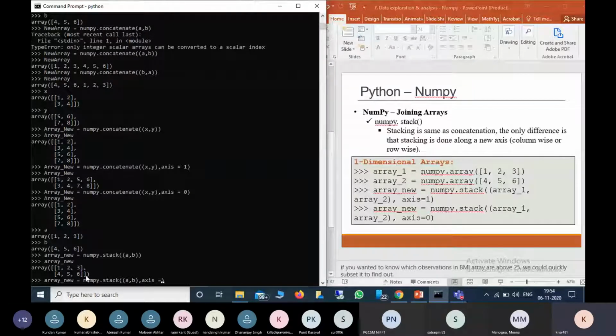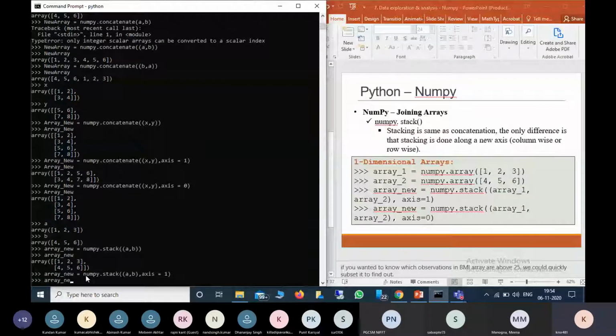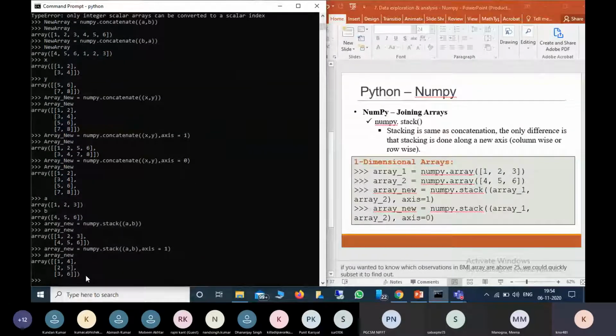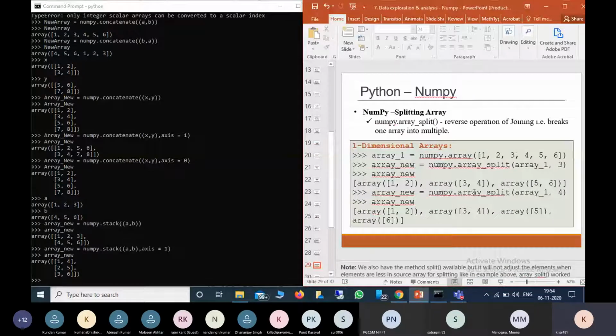Now it is adding 1 2 3 and 4 5 6 separately, but when you do concatenate, it gives 1 2 3 4 5 6, everything in one row for a 1D array. But in stack, we can create 2 dimensional or multi-dimensional arrays from 1D arrays. Is it clear?